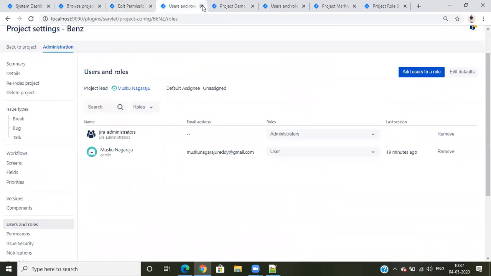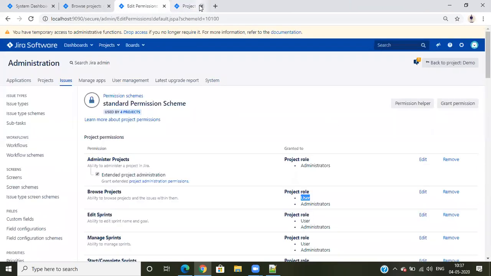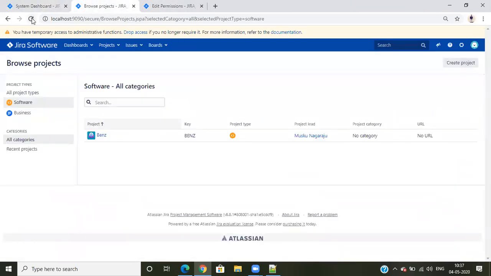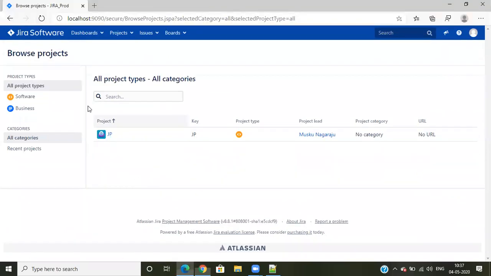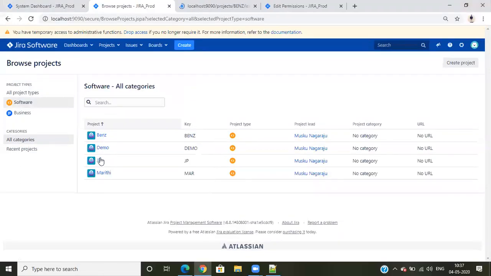So now, can you see, this is the administrator projects. In administrator projects, I'm able to see all projects, and Bharat can see only JP projects. Because of these Jira administrators, see, if you open browse projects or role,